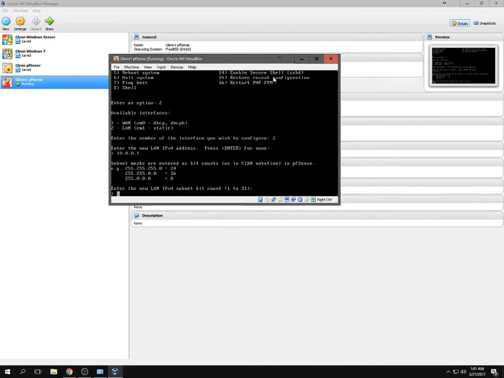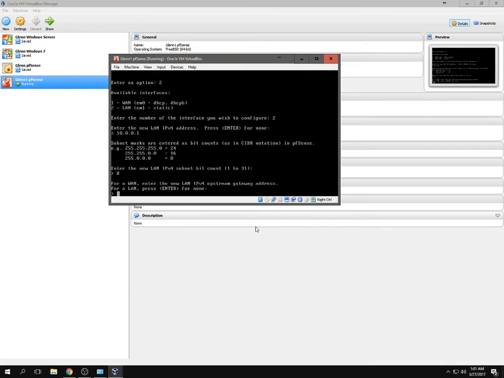Okay, so now this is asking me what is the subnet bit count. I might have explained this in class, but you can convert an IP address into binary, right? So 255 is pretty much 8 ones, and then 0 is 8 zeros, and whatever happens in between, right? You should have taken notes. But basically, for this specific IP schema, I can tell you that mine is going to be 8, right? Because I am in a Class A. The Class A subnet mask is 255.0.0.0. It literally tells me right there, if I read, that that means 8. So I'm going to go ahead and hit